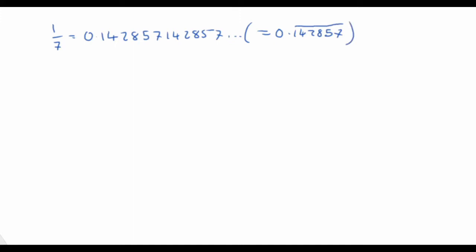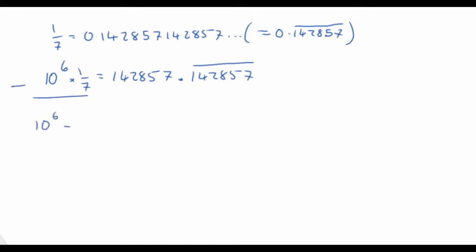Okay, so let's start by looking at something like 1 over 7, 0.142857, 142857, and so on. So if you like, 0.142857 recurring. So what can I do with that recurring decimal? Well, I can multiply it up by 1,000,000, by 10 to the power of 6. I'll move my decimal place 6 places to the right, and I'm left with an integer, 142857.142857, and onwards. And of course, the beauty of this is that I can take these away from each other, so I'm left with 10 to the power of 6 take away 1 times a seventh is equal to